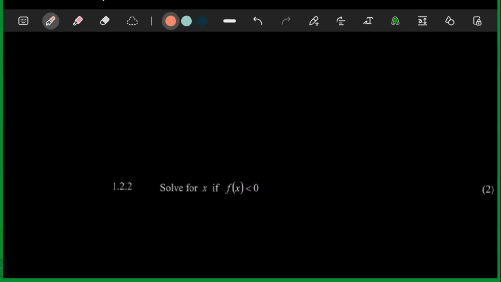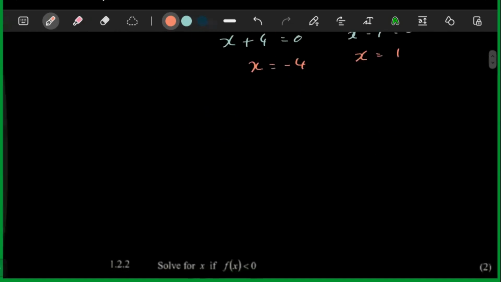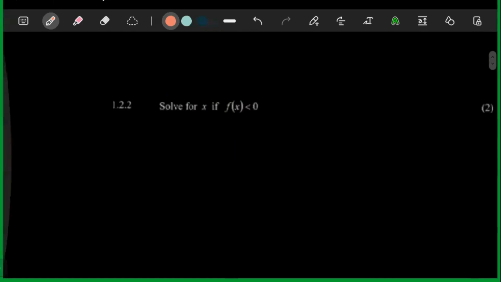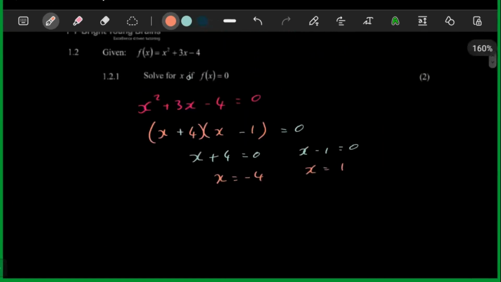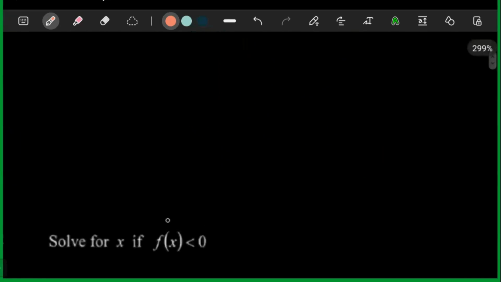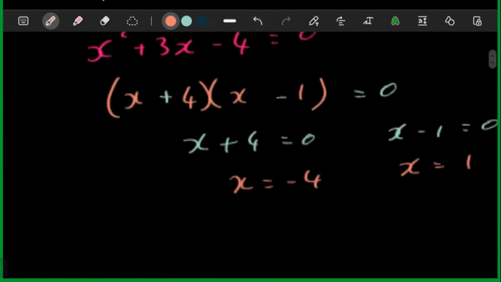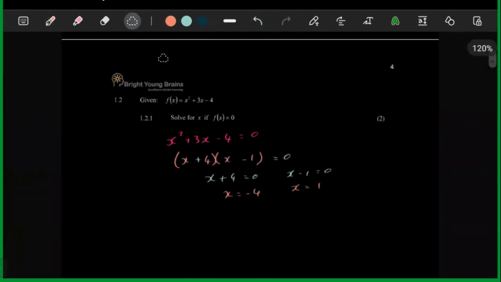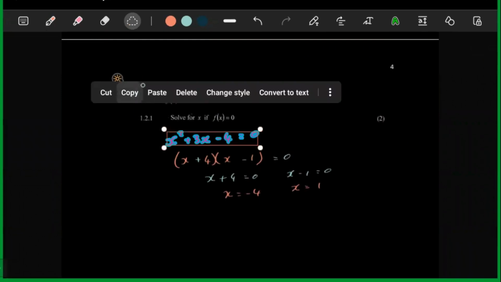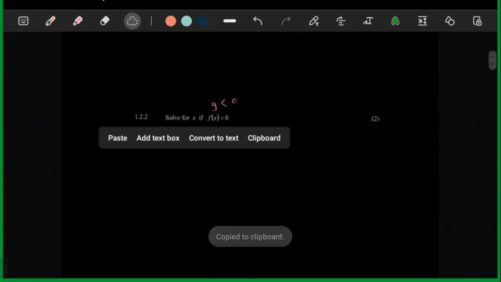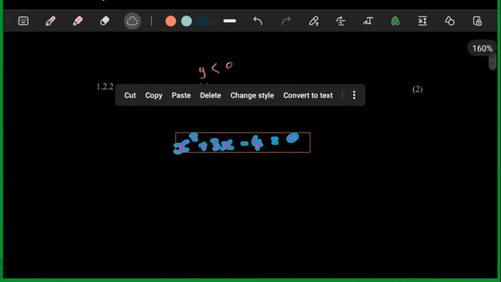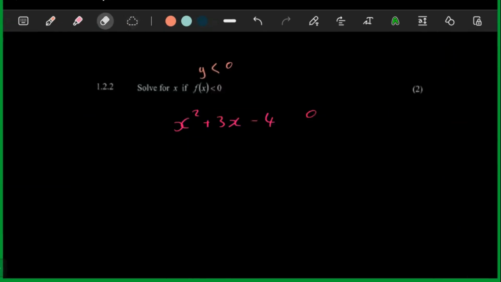1.2.2 says solve for x if f of x is smaller than 0. So we want to work out where the parabola has y values that are smaller than 0. This is what the translation here is, where the y value is smaller than 0. So if you're going to work out where this is smaller than 0,